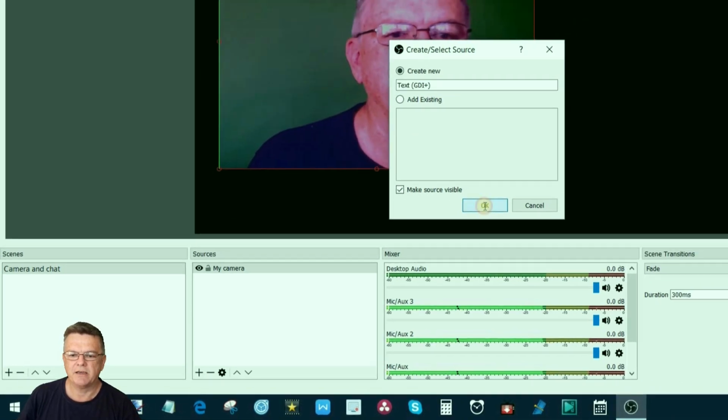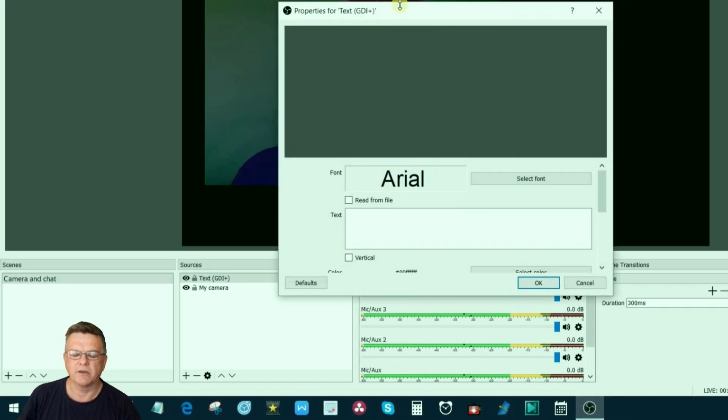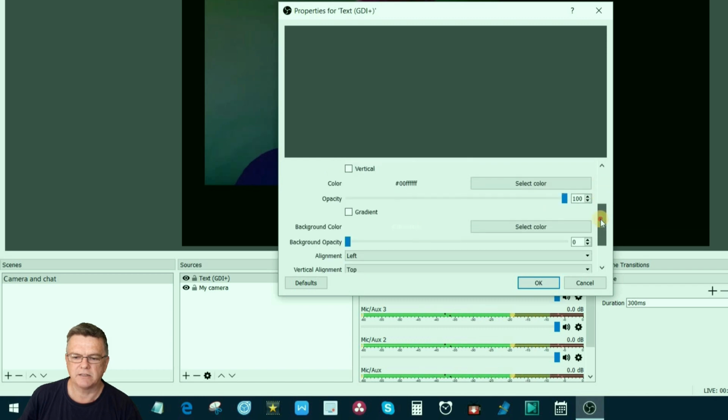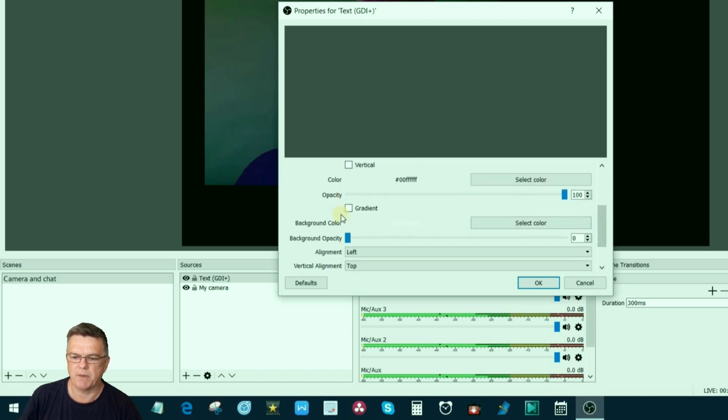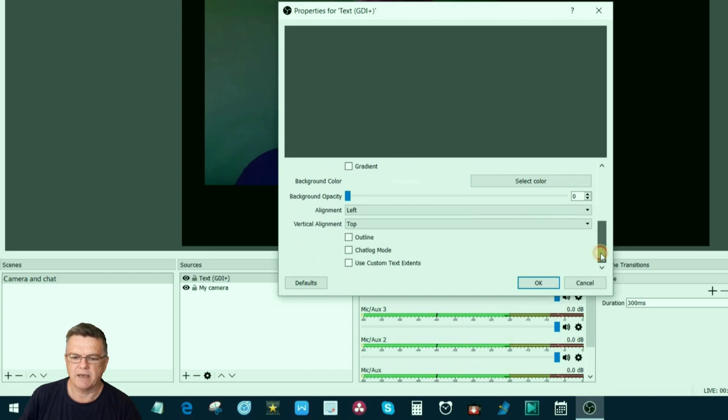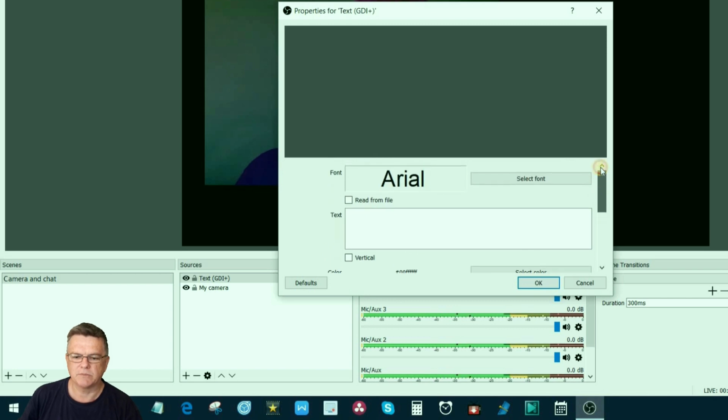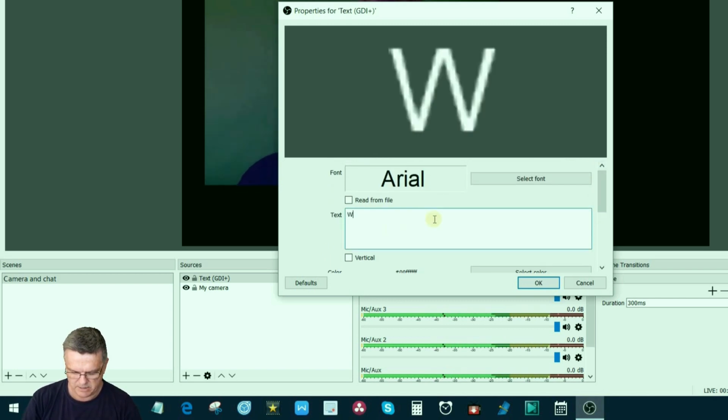I click OK, and it comes up with this window. Now that's obviously going to be a place where I can put in the text I want. It gives me the ability to change the fonts to whatever I want. And if we scroll down, you get to change the opacity, the color of the font, and so on and so forth. Now, just for simplicity, I'm just going to simply write the word welcome, W-E-L-C-O-M-E,